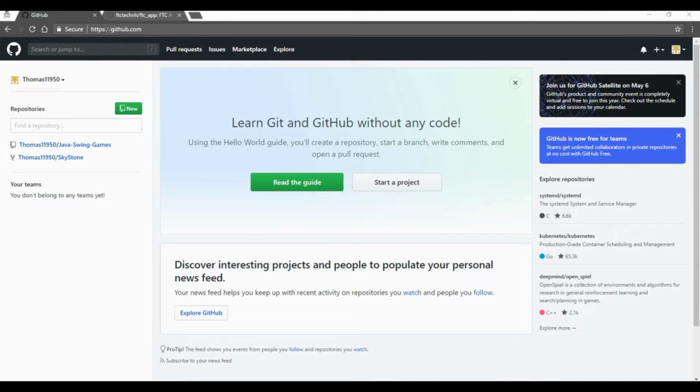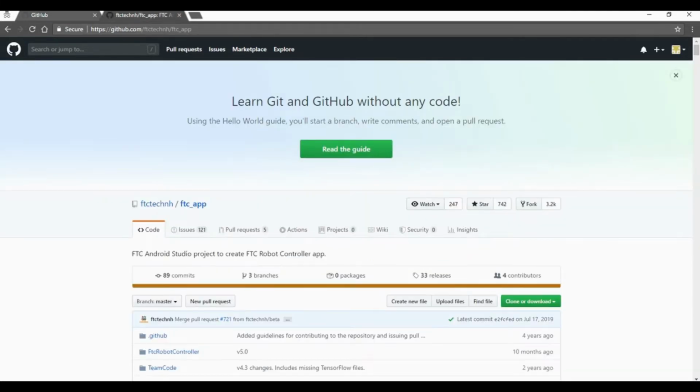So the first thing you're going to want to do is to go to github.com. If you already have an account, log in. But if you don't have an account, then make one. This is required. And once you're logged in, go to github.com/ftc-technh/ftc_app. Or you can go to Google and search up FTC GitHub SDK, and it should lead to the same